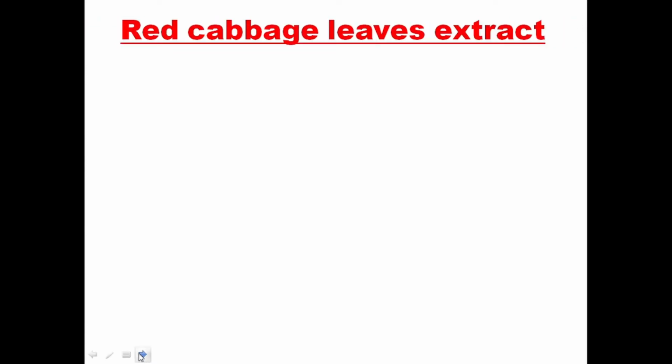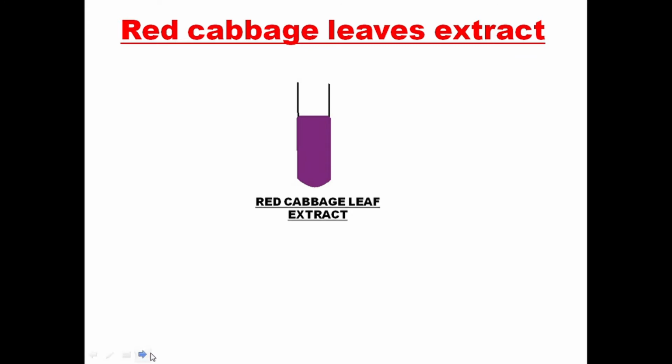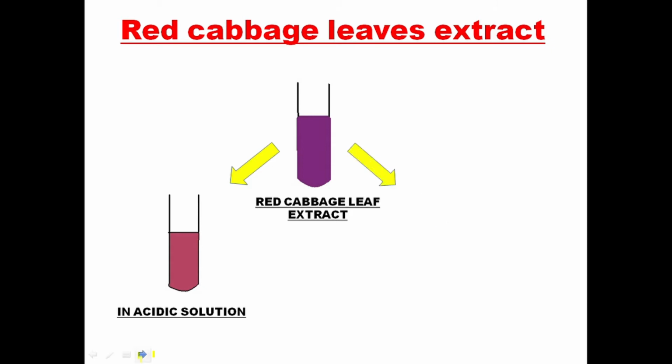So we saw how red cabbage looks like, and now we'll take its extract which has a purple color. When this extract is placed in any acidic solution such as lemon juice, dilute HCl, etc., it turns deep red or magenta, showing one color, and when it is placed in any basic solution like soap solution or dilute NaOH, etc., it turns green, showing a different color, and makes it easy for us to find out which solution is acidic and which one basic.